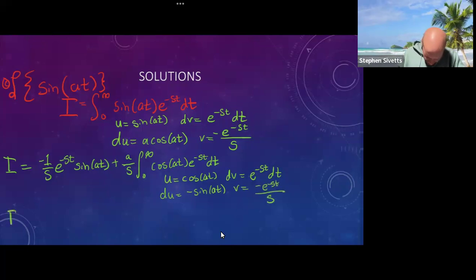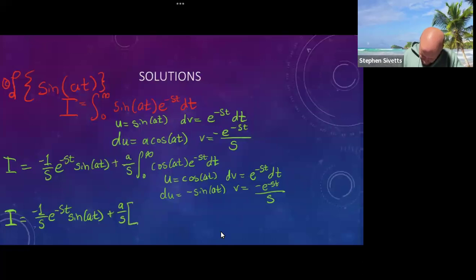So I equals minus 1 over s e to the negative st times sine of at plus a over s times